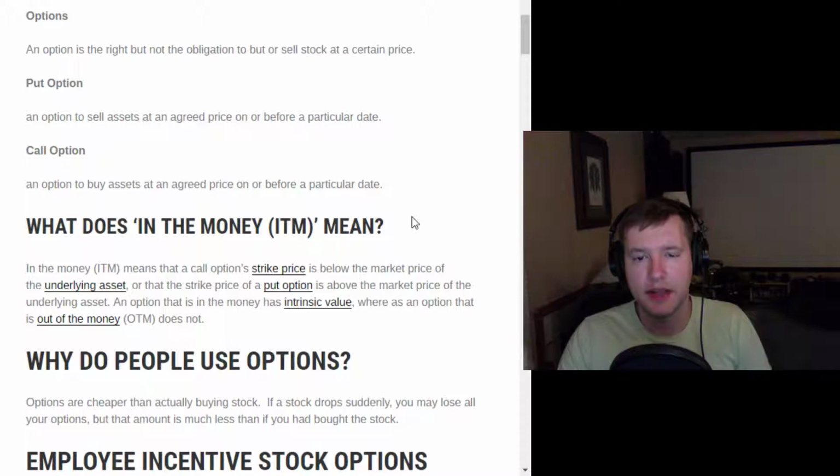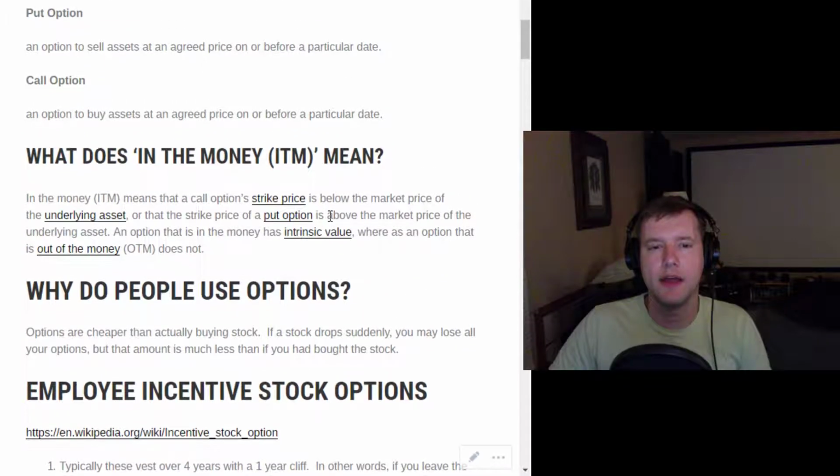An option that is in the money has intrinsic value, meaning that your options are actually worth something, and so you could actually sell your options to somebody else perhaps, or you would just be able to use the option. If the market moves in a different direction, then it could be that you would be buying the stock above the market's current price, in which case your option doesn't have any value because once you buy that too expensive stock, now all you can do is sell it for a lower price, and that doesn't get you any money.